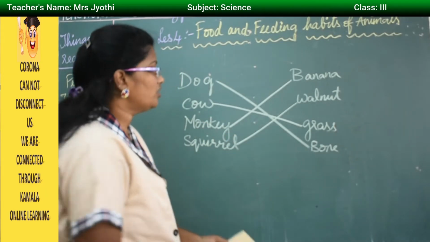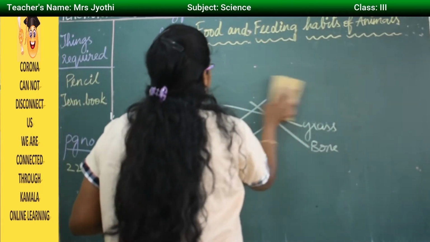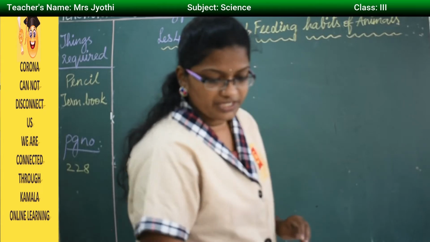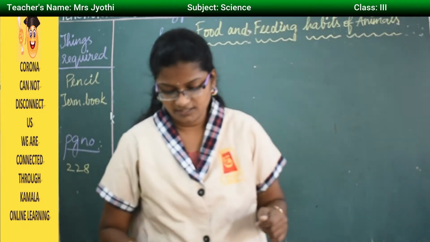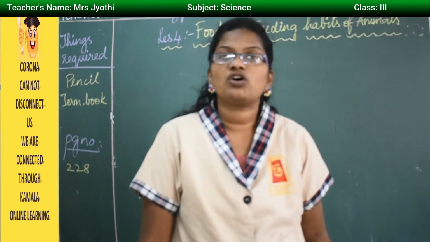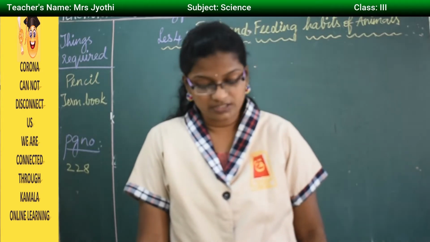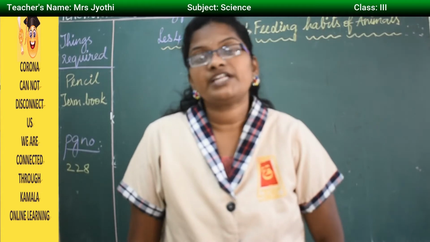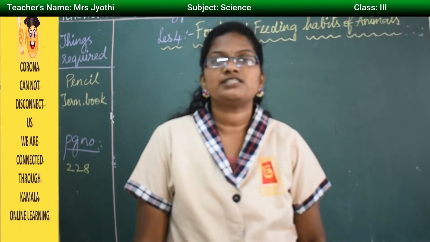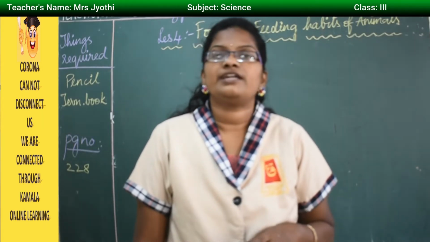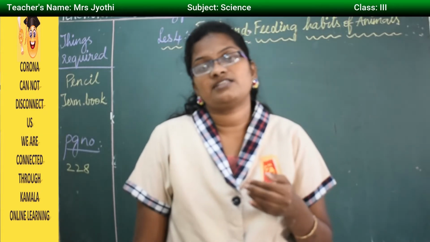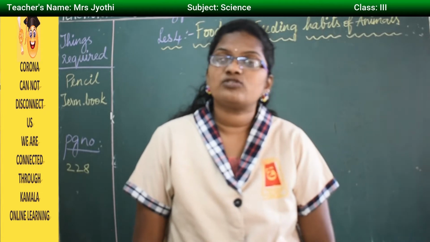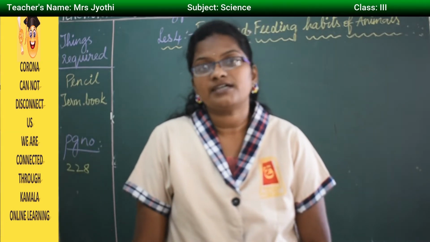Then moving on to the introduction part. In our day-to-day life we see animals in our surroundings, that is cat, dog and birds and all. Birds eat food grains. Then dog, it eats food and flesh. Then cat, it eats flesh as well as it drinks milk also. Cows and buffaloes we also see. They eat the grass.